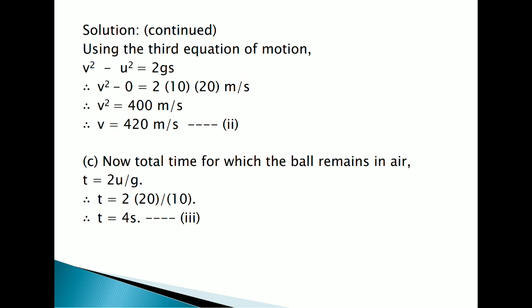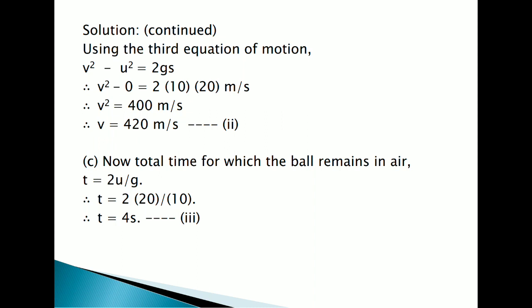2gs. लेकिन अभी बॉल नीचे आ रहा है, as the ball is coming down, like I have already said, whenever the object is thrown from the top from any surface, initial velocity is taken as 0. Abhi we are considering that initial velocity is equals to 0 as we want to calculate the velocity when the ball strikes the ground. ठीक है, so v square minus 0 आ जाएगा is equals to 2 into g into s. So we will be getting the value of v as 20 meter per second. यहाँ पे 420 नहीं है, it is 20.